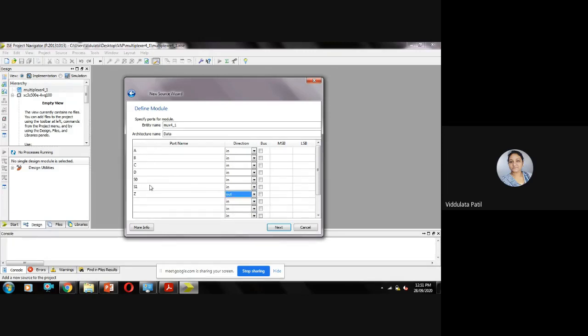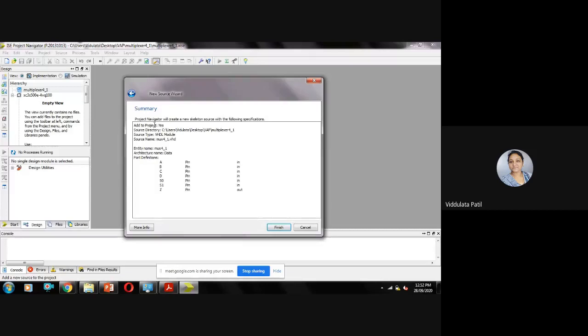So all the ports that we have written, the input ports as well as the output port, are mentioned here, and then click on next. Now all these are bits, so no need to select bus. Directly you can go for next.